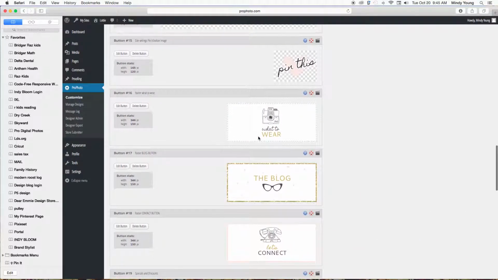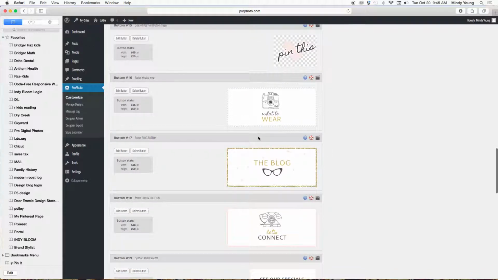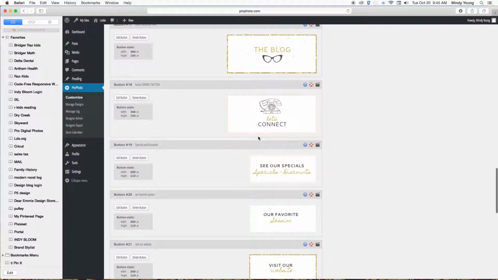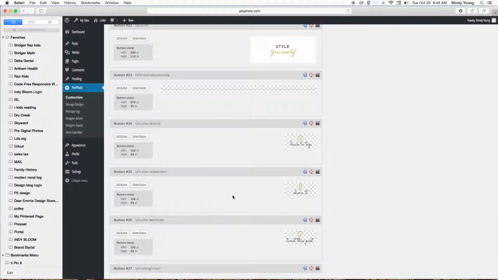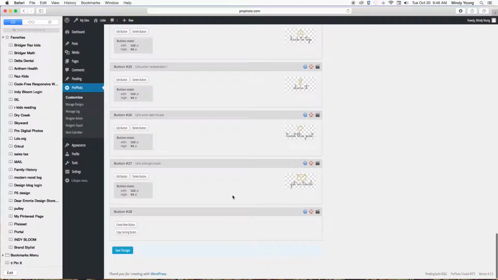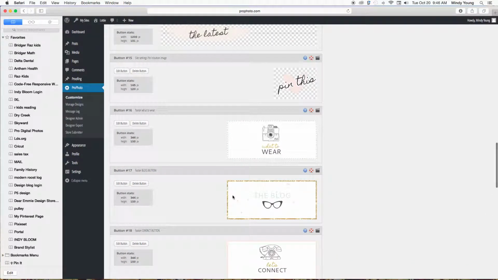This is my Lottie design. Some of them differ a little bit, but for the most part, I try to upload all your pictures here so it's an easy area for you to get familiar with and to re-upload things if you want to change anything. If you wanted to change this, instead of what to wear, you'd go into the edit button